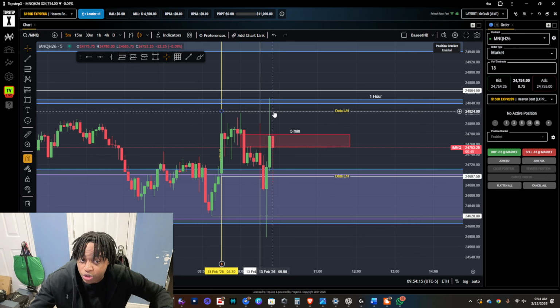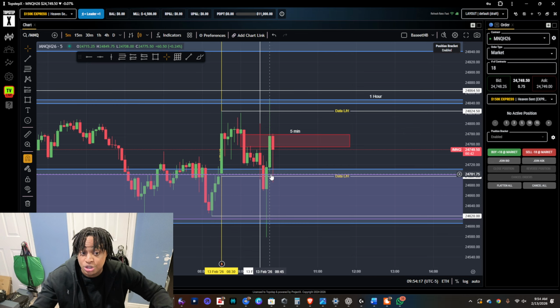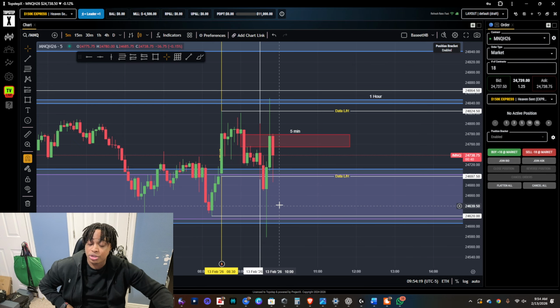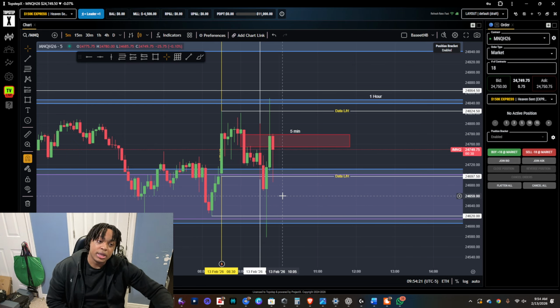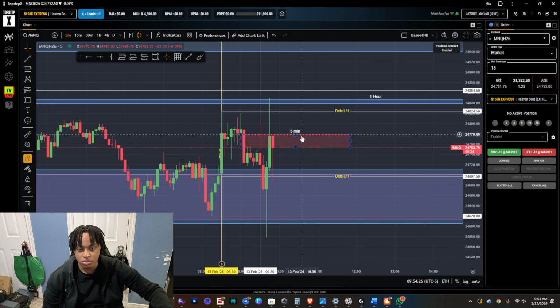So right now, we truly don't know what's gonna happen because you can see it shot all the way down here. It can break structure back downwards. All I know is that we can't use this as continuation. If we wanted to, it's too risky. We don't have a breaker block yet because it didn't come out.